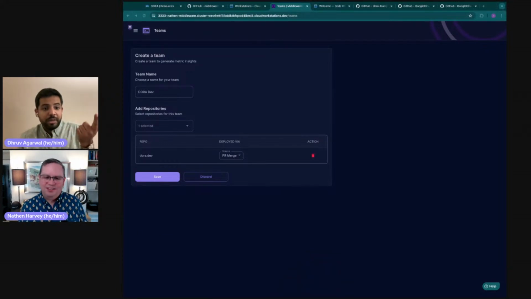One great thing to note here is that to construct the 4 keys, we require your commits and your pull requests, which you get from GitHub itself. You might be deploying it via GitHub Action workflow or some other workflow, so we also give an option of deployed via. If you're starting up and you don't want to connect all your CI/CDs with us, you can just select PR merge as deployment. But later on, if you decide to do otherwise, you can select a workflow configuration, which will allow you to configure your deployment workflows from your CI.